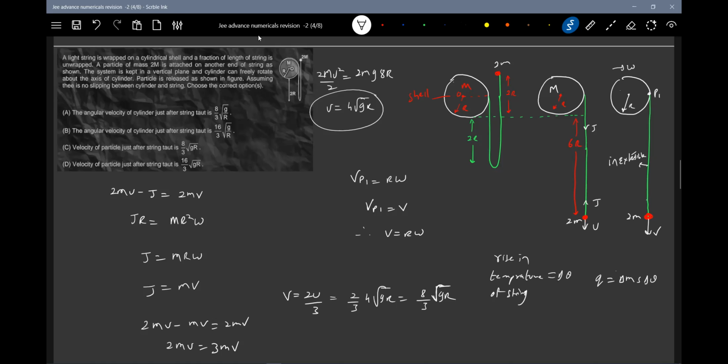What is Q? Totally generated. How to calculate Q? Q should be equal to m by 2 u square minus m by 2 v square plus the moment of inertia term, m r square by 2 omega square. The difference of that is the heat. From that, I'll get the rise in temperature. See, in exam, this is what happens. All of a sudden, now calorimetry is brought into the picture. So delta m you are taking and not considering here. Delta m very small.